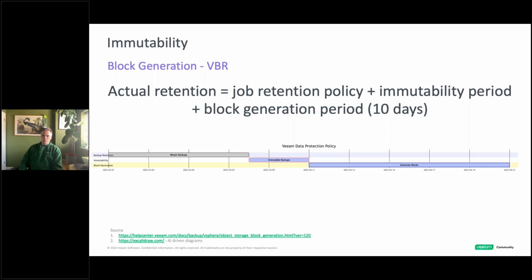So I pulled this from the Veeam website itself. So the retention is the job retention, so say it was 7 days, plus the immutability period, so this example is 3 days, and then there's something called block generation, which is an additional 10 days of backup points you need to account for.